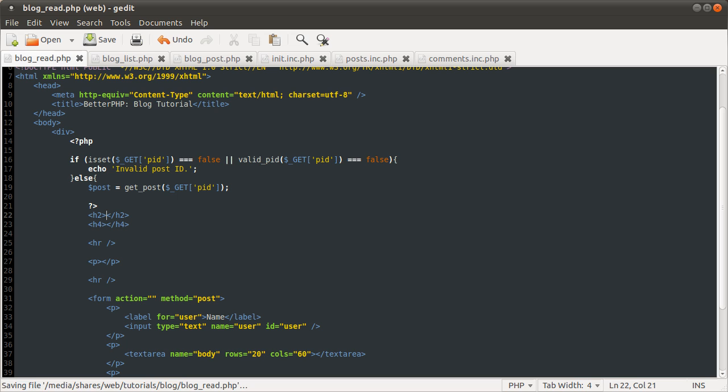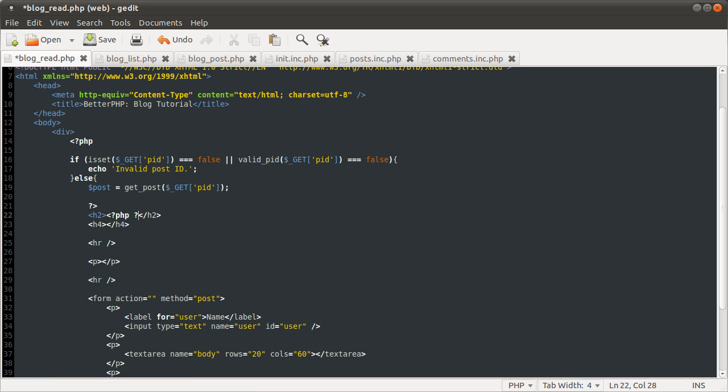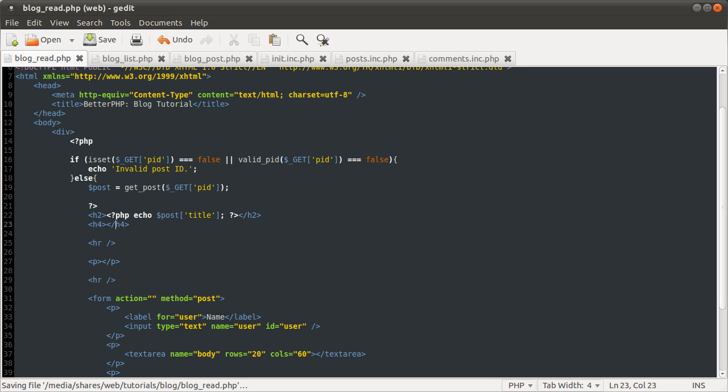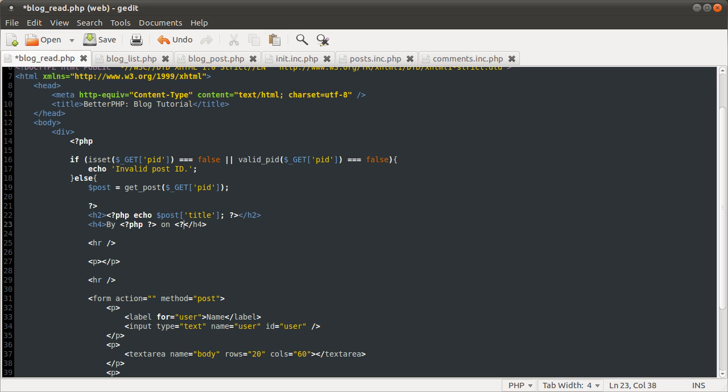Okay, so what we need to output here is a PHP variable, and we're going to echo post title, because that is where we want the title to go. And in this section we want to do something very similar to what we had in the previous page, the blog list. So we are going to do by and then the username, and then we're going to say on and then the date, and then we're going to display in brackets some information on the comments,